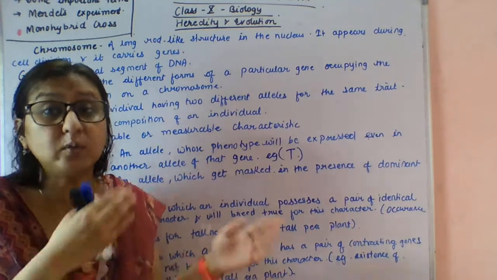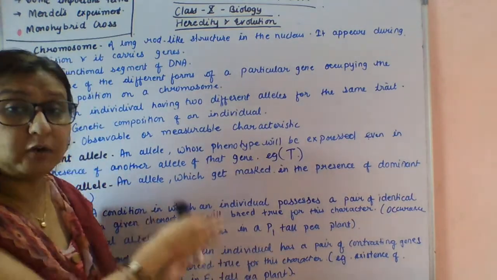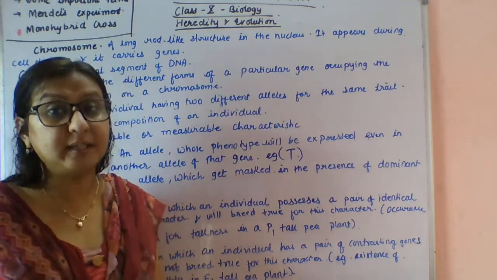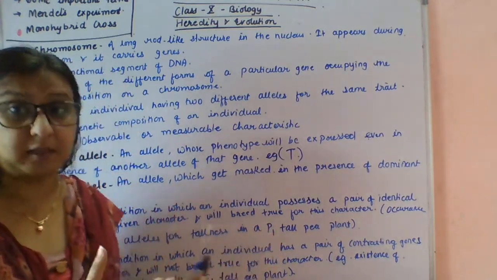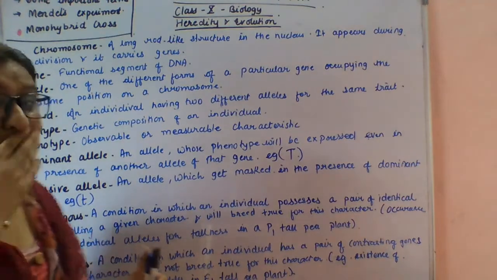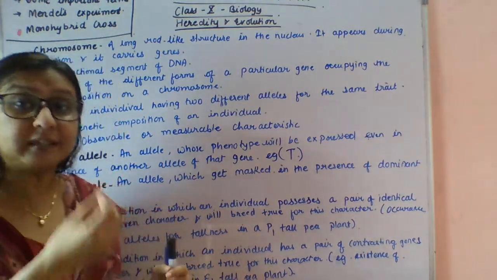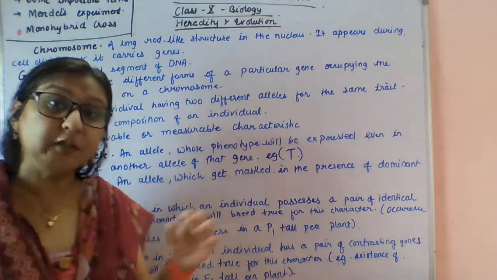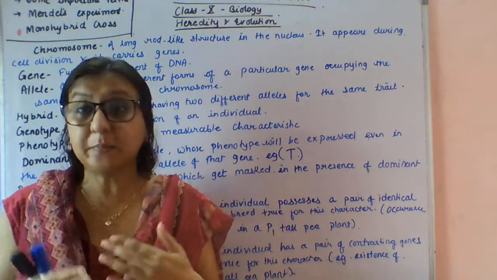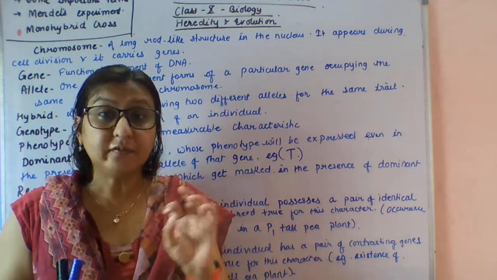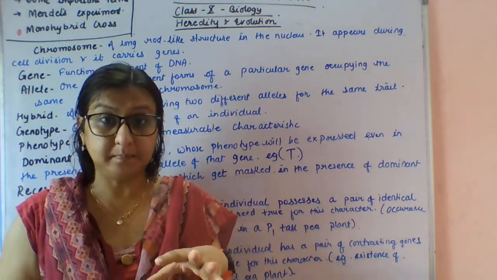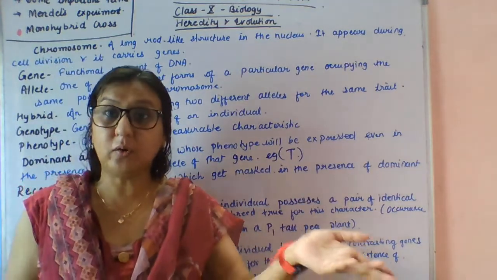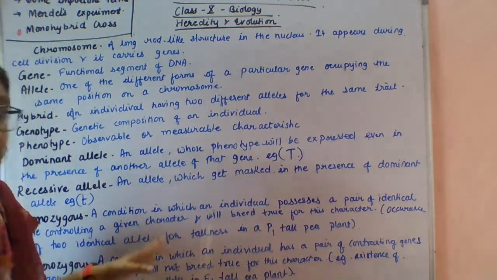When I explain the cross, you can easily get these terms. Now you just learn this definition. When I explain this cross, then you will get these terms there. For now, learn that homozygous means the condition in which we get the pure breed. As I told you, the dominant allele will be expressed as capital T, and if the pure breed shows in the first generation, that is capital T, capital T. I will explain the cross, and then you will get all these concepts.